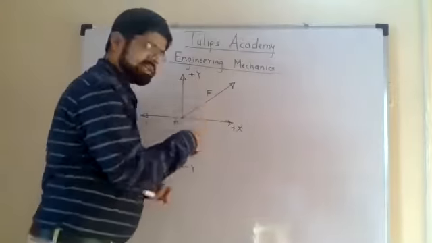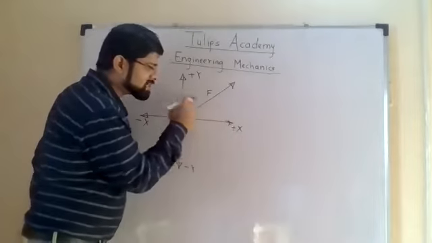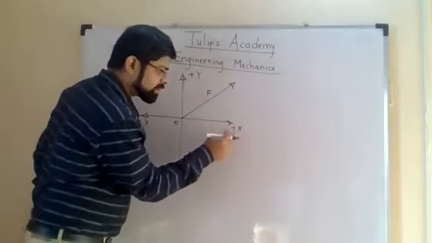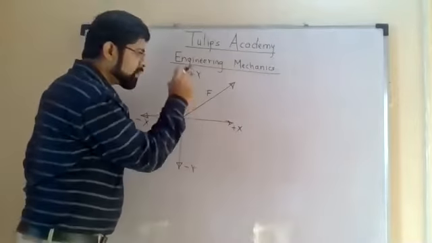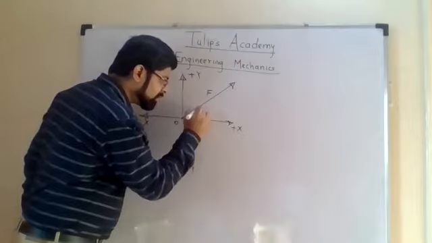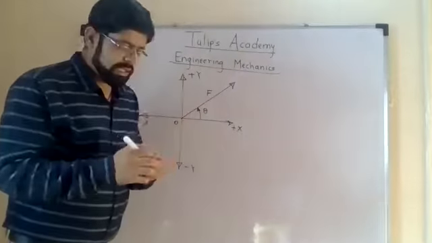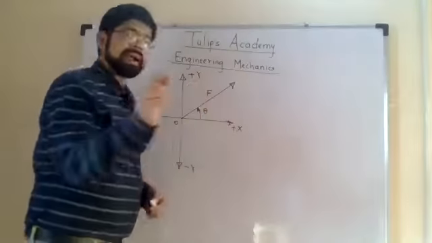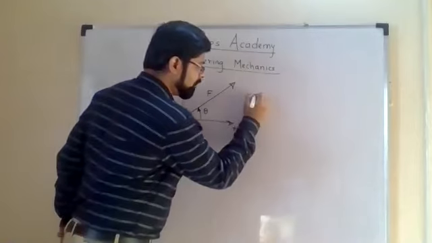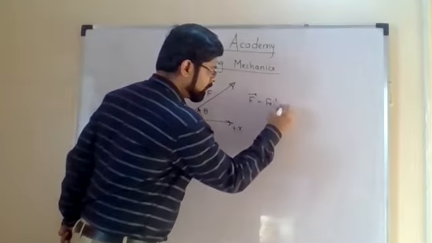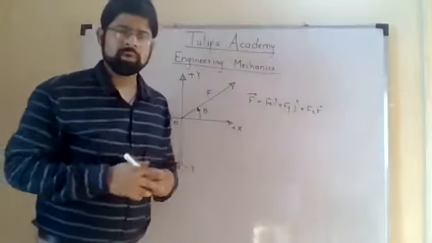The magnitude of force F is given in the examination, and the inclination of this force with any of the axes will be given. Either inclination will be given with respect to x-axis or with respect to y-axis. And by using this inclination that we will call theta and this magnitude of the force F, please understand that this is only the magnitude of the force. A force is a vector quantity and force is always represented as F bar, that is Fx into i cap plus Fy into j cap plus Fz into k cap. This is the actual vector form of the force.